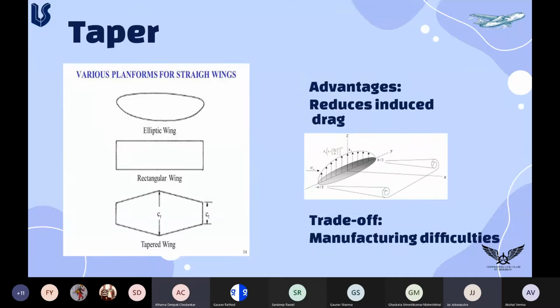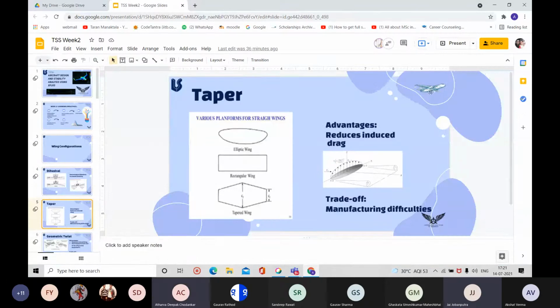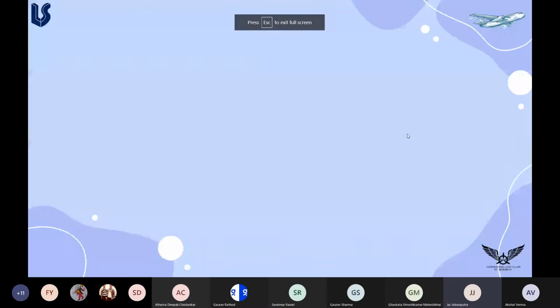Maybe not related, but why don't commercial airliners use elliptical wings? Same reason. Manufacturing is a big issue, not a small one. For small RC planes, you know Depron, right? We built a lot of Depron planes in our club, and we just fold it, and it's very easy to manufacture. So that's rectangular, because when we just fold it, we don't care about the taper.